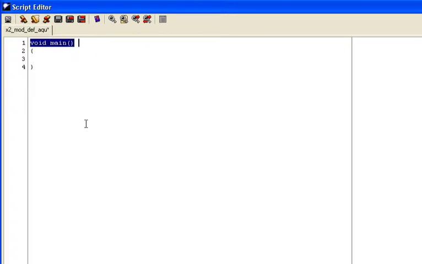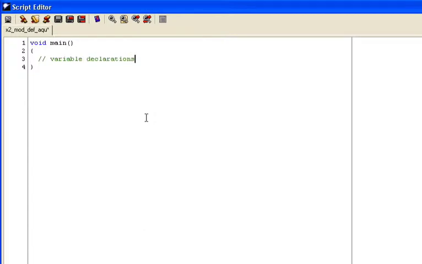And when this script gets fired, it looks for the main function and does any instructions that it finds inside of it. So right here, we have the opening brace and the closing brace. And inside of that is where we're going to put all our instructions. First thing I'm going to do is hit a couple of forward slashes, and that turns the text green. And these are comments. They don't compile in the code. They won't affect your code, but they are useful for explaining to yourself and others what you're doing in the code. So I'm going to type in here variable